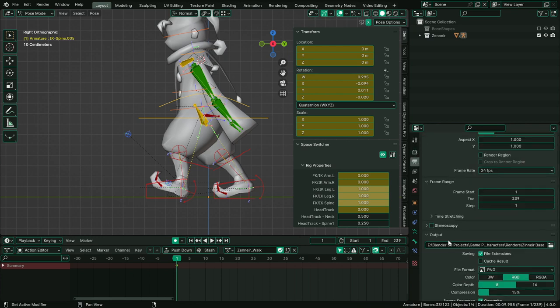Let's do that, maybe. Yeah, so 60 frames a second, that's game animation. I could just work on 64 frames a second and it'll stretch it in game, but at the same time it's like, why do that? Okay, so